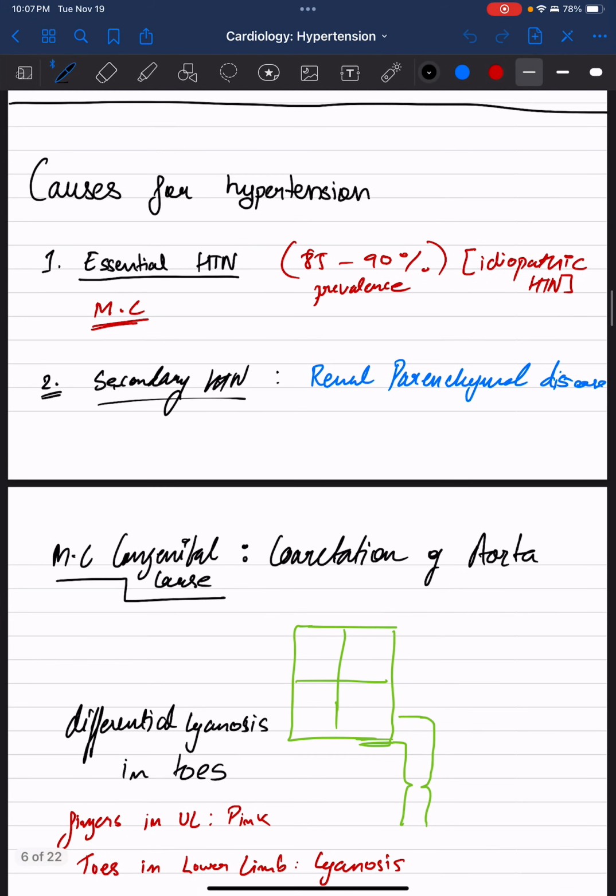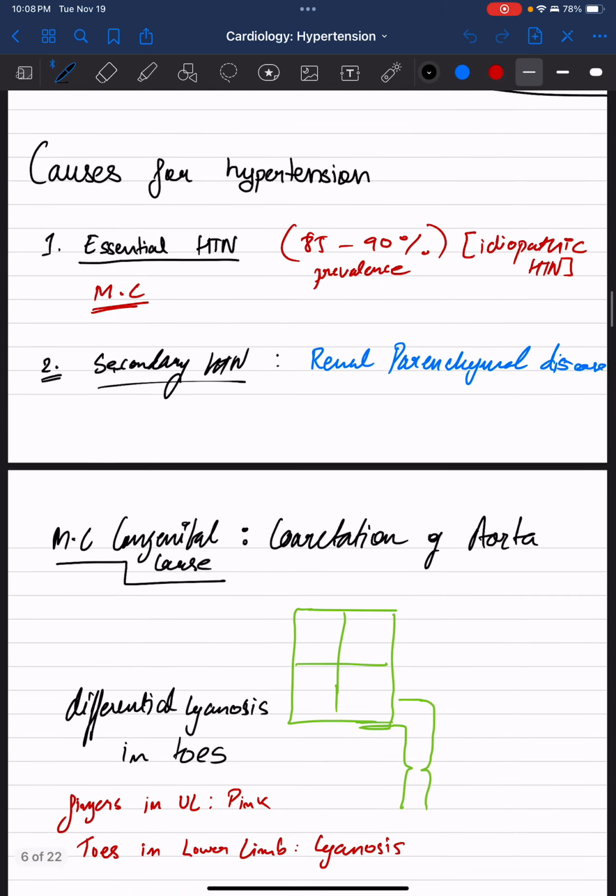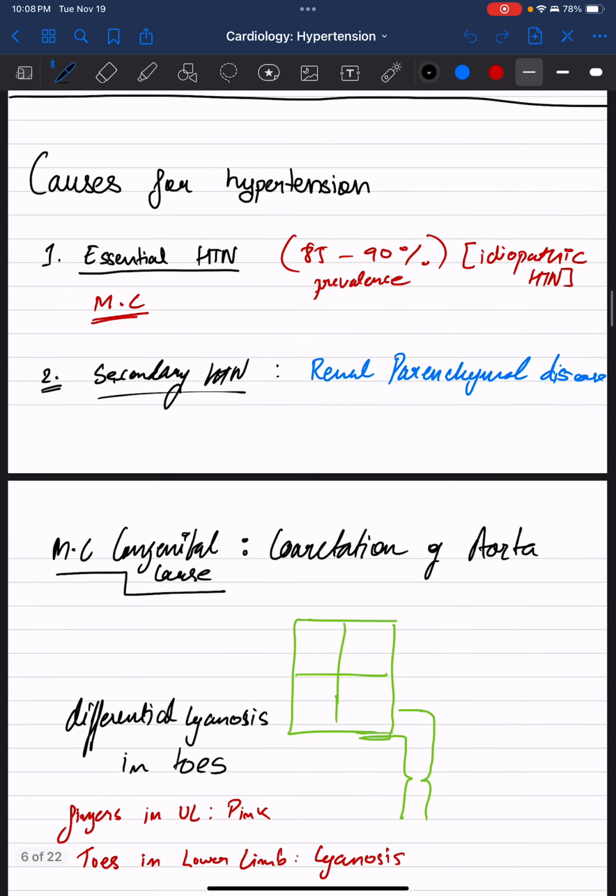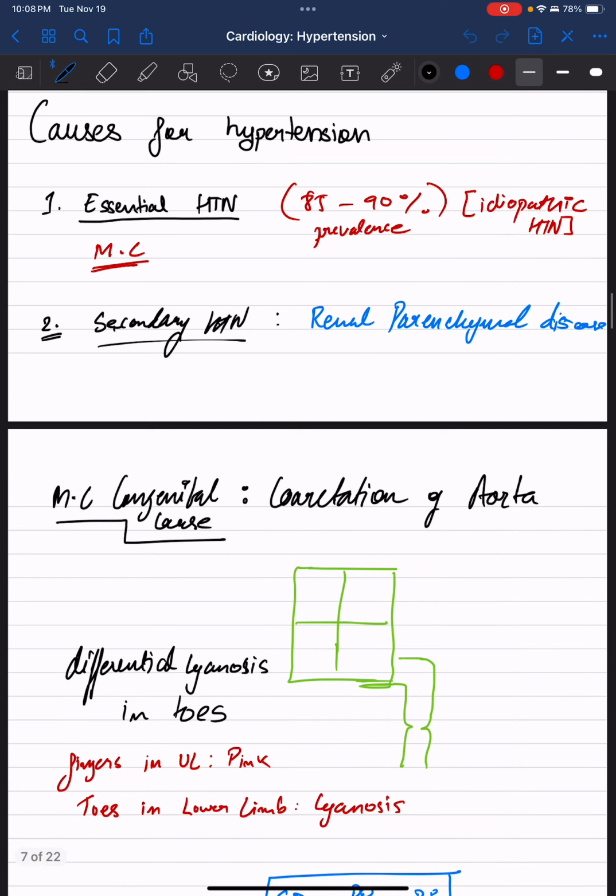So, hello, this will be hypertension part 2. Here we will study causes for hypertension. The first cause for hypertension is essential hypertension. It is idiopathic in nature, so there is no known cause for it, and it is the most common